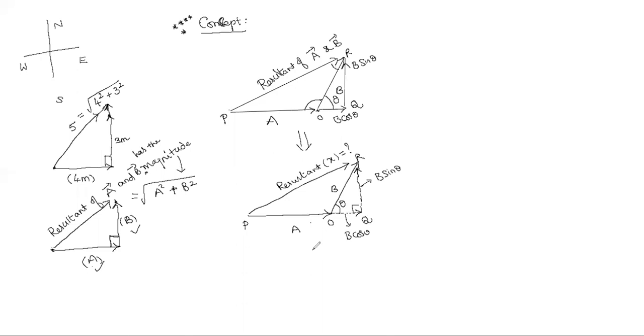Sir, first we have to resolve the vector B. Wait, we will ask where you have doubt. Sir, this concept. Where do you have doubt: in assuming the resultant like this, or in resolving this one into B sin theta and B cos theta? Imagining the resultant, sir. Assuming the resultant, here only I told you. The third side gives the resultant. Okay, sir.